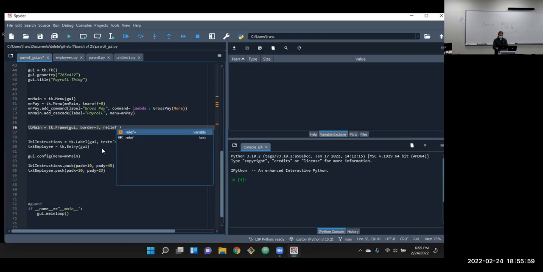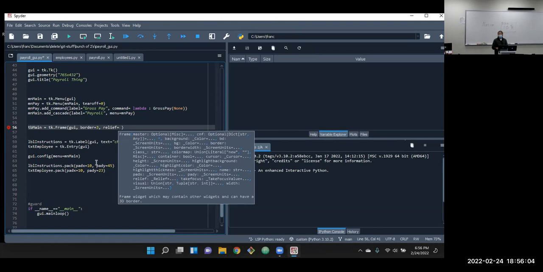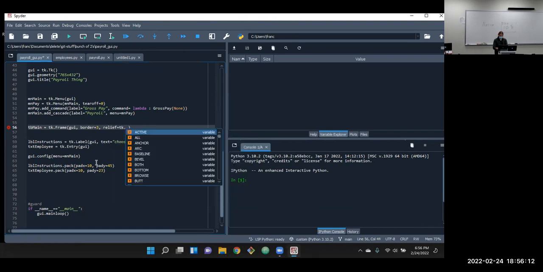And then the attribute relief has a few things we can put in there. TK dot raised and ridge are a couple. Groove. You just want to check the list.